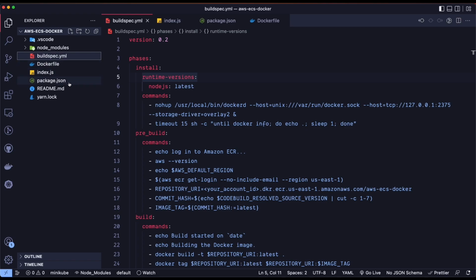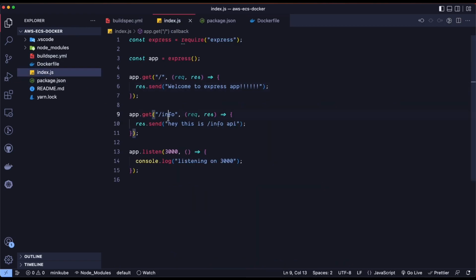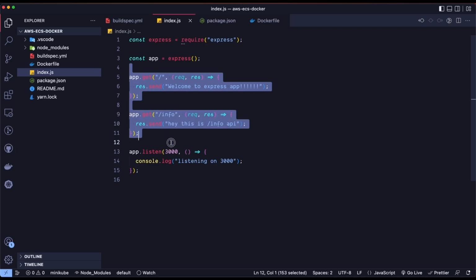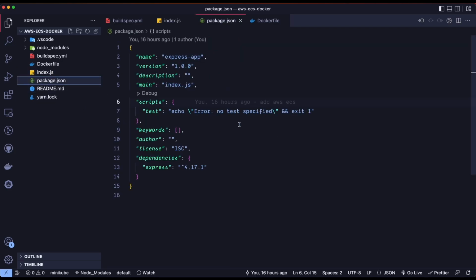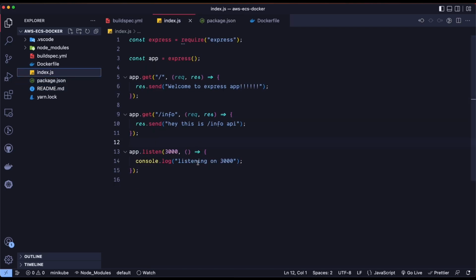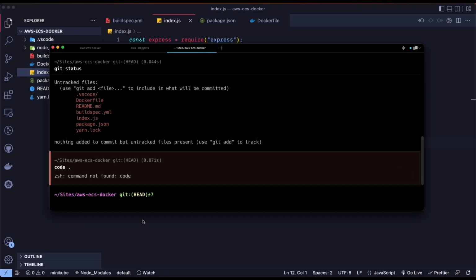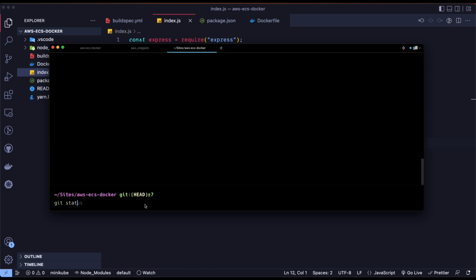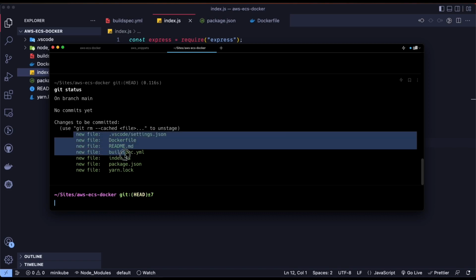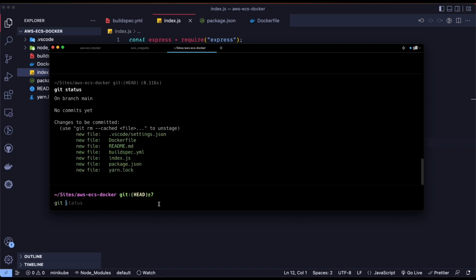So let's push this code for now, and in my index.js I have literally simple code, like it's a simple Express app where you have welcome to Express app. So it's pretty simple. Alright, so there is nothing much going on here, but it's a simple Node.js app, and that's it. So let me go to the terminal and just do git status. I know I've already done it. Okay, so git add dot, which will add the files into my staging,